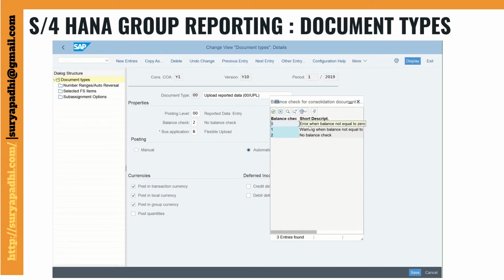Zero is error when debit is not equal to credit. One is where debit is not equal to credit, to give the warning message. Two is no balance check.